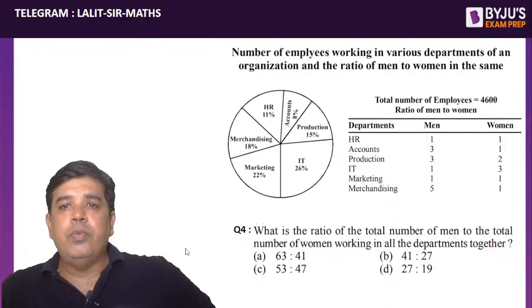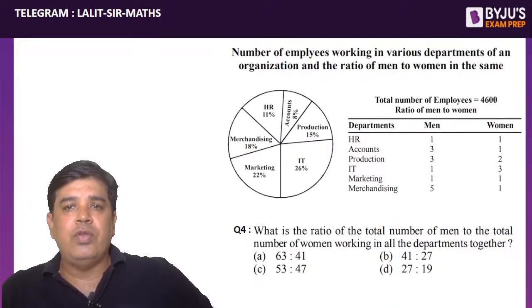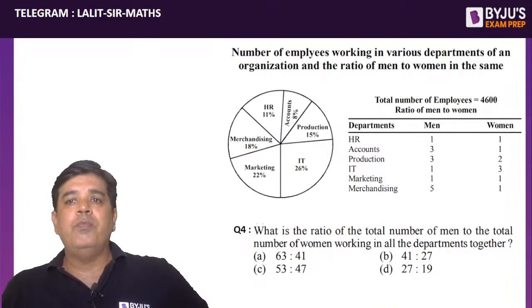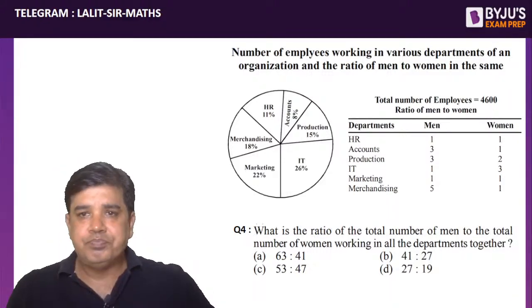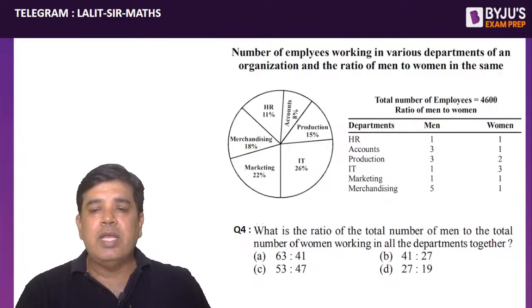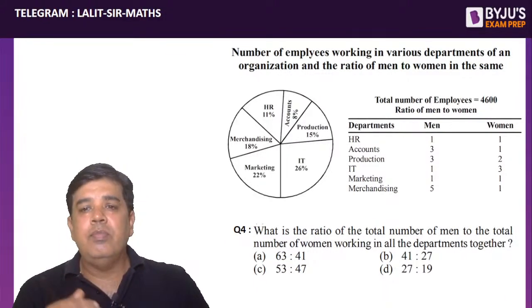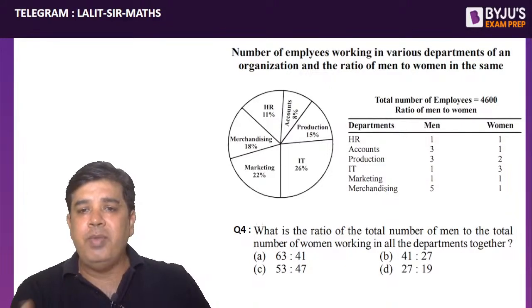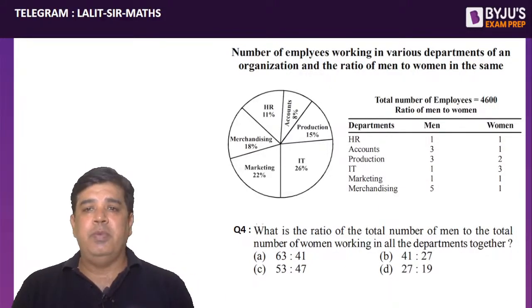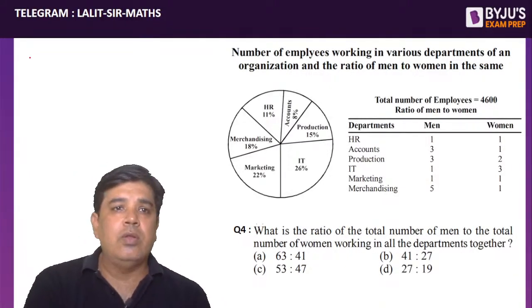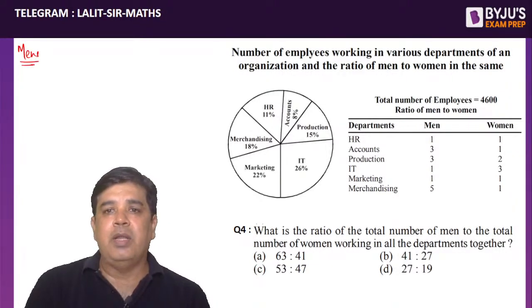The number of employees working in the various departments of an organization and the ratio of men to women in the same is given again, and the chart is the same, but now what is the ratio of men to women in all the departments? So here we have to calculate one by one from every department. See, in HR, men is 1 by 2